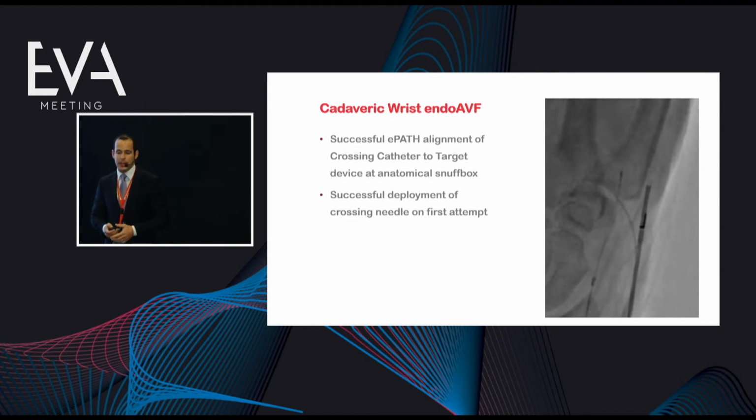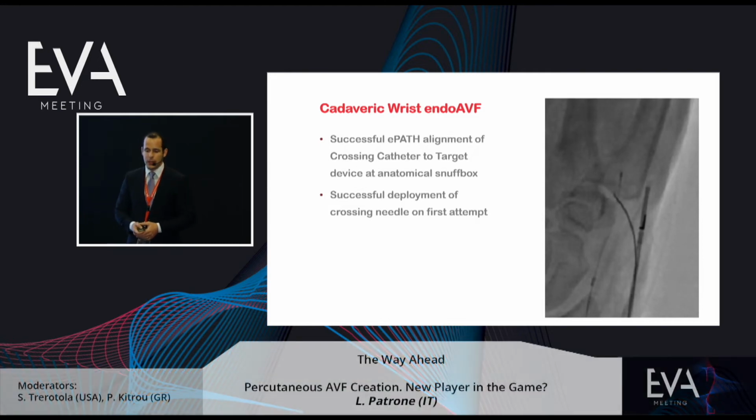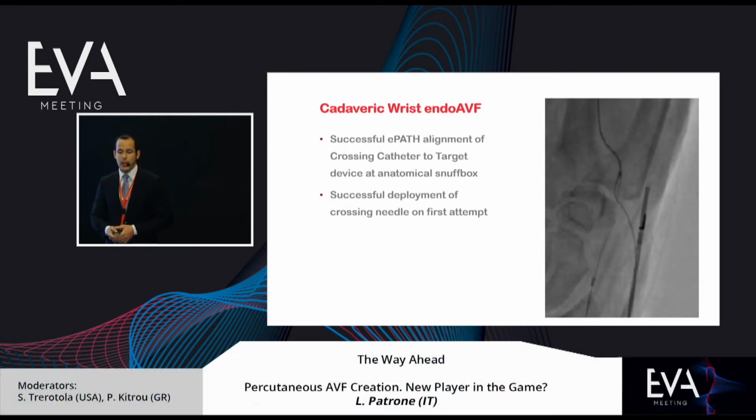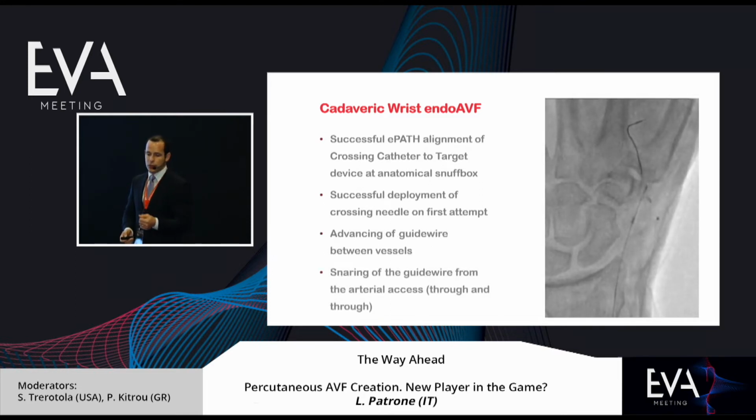You can see now I'm advancing the wire in order to cross the vessel through the snare. You can see here my wire, 014 wire, goes very easily through the palmar arch, through the snare. At that point, of course, you retrieve, as we said, there's a snare, so you can close the snare and pull back the guide wire